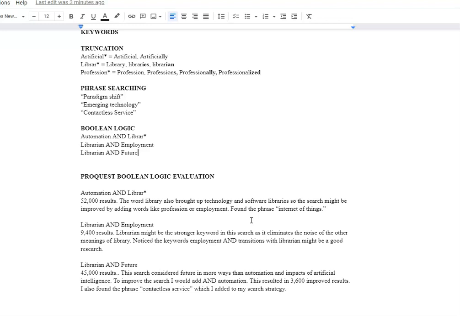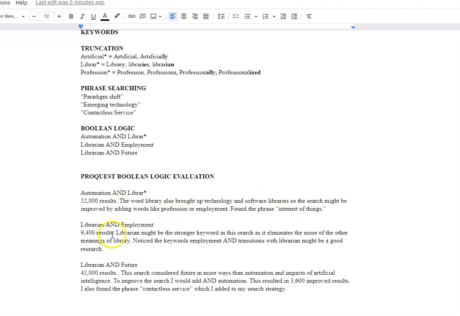So essentially, this will be 2 or 3 sentences. You'll say how many results. Did you think they were good? Bad? Did you think you should add something or take something away? And while you were there, did you find a new search word or keyword or idea? So that's what you'll do, kind of like a 1, 2, 3 piece.